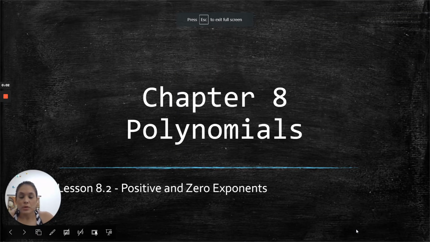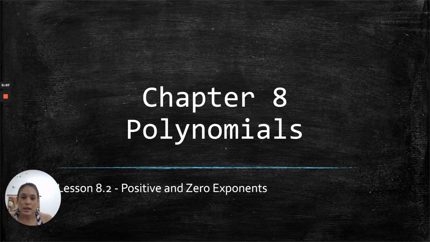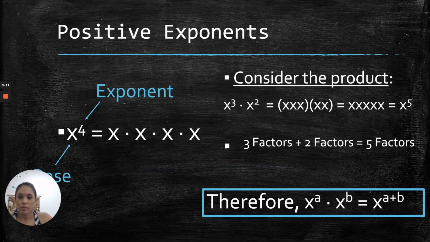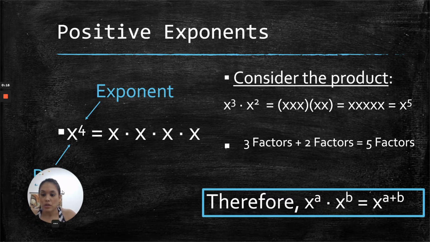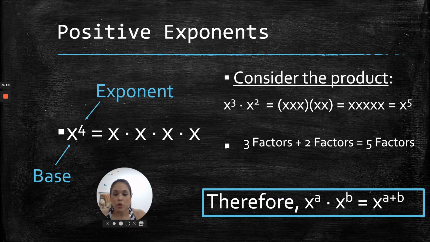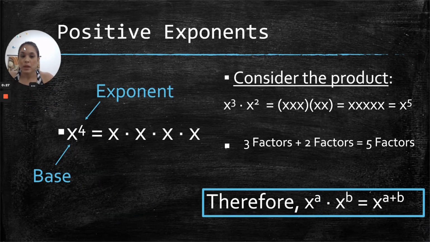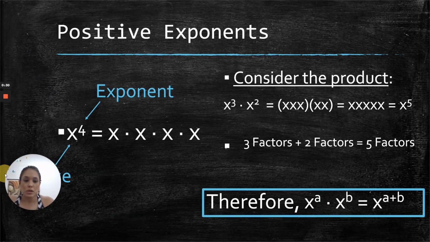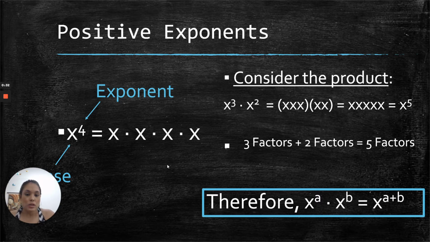Hi class, we're continuing to work with polynomials in chapter 8, and today's lesson is on positive and zero exponents. So here we have an example of x to the fourth power. X to the fourth power means x times x times x times x, where 4 is the exponent and x is the base. Now, I want you to consider this product, x to the third power, or x cubed, times